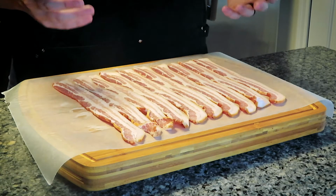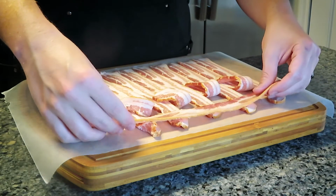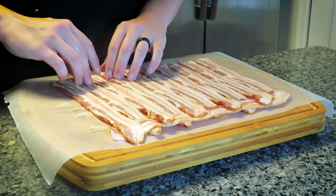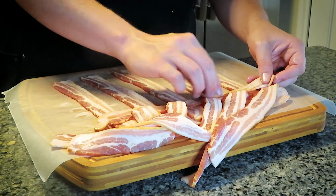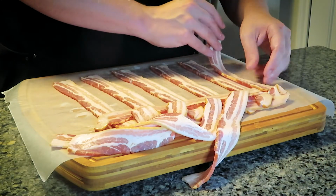All right, so you first want to go ahead and make your bacon weave. I went ahead and already laid out 10 slices of bacon. It's a little bit thinner, it's not as thick cut, so that's why I'm using 10, but it's going to make sure that we can make a nice sized bacon weave. So you'll start with pulling one side back, and you lay down a piece of bacon, cover it back up, and then you're going to alternate. Grab another piece of bacon, lay it down on the underside, flip those back over,